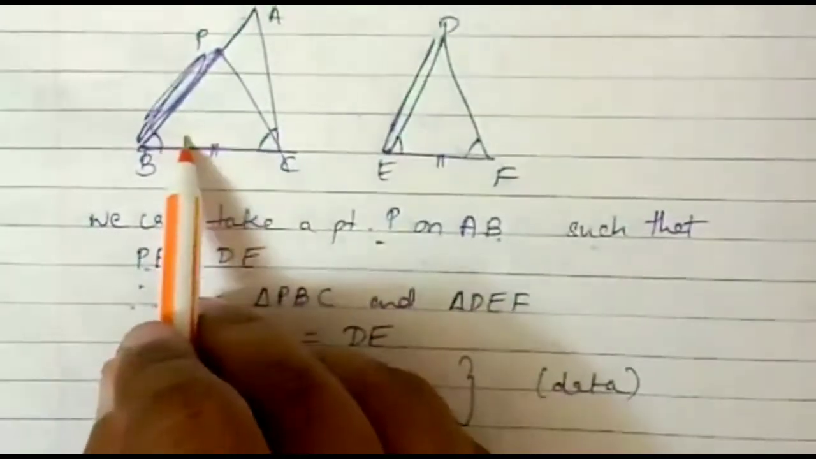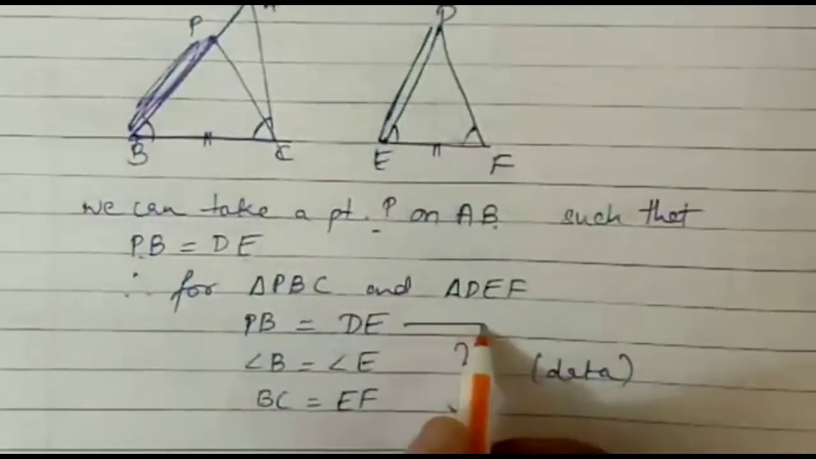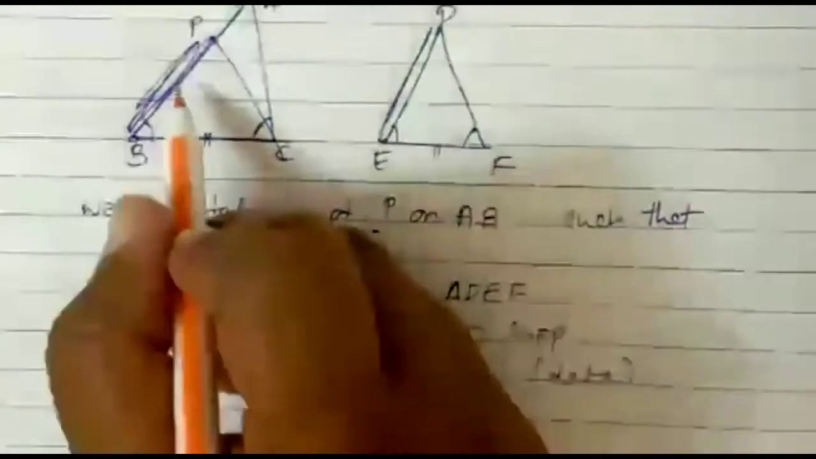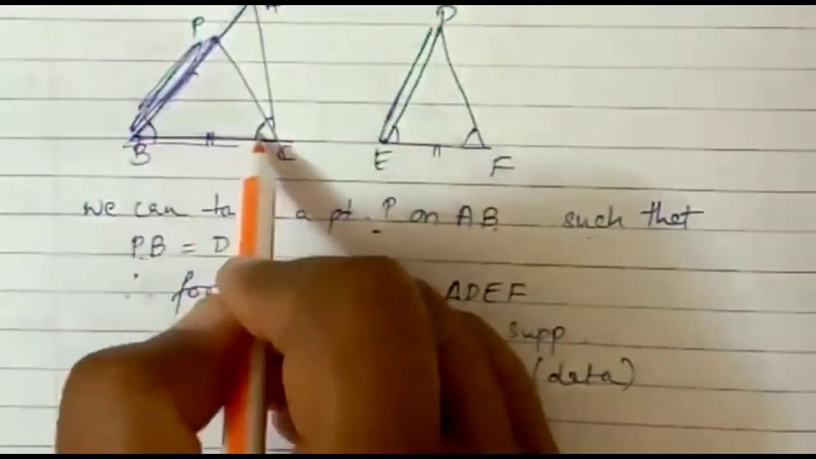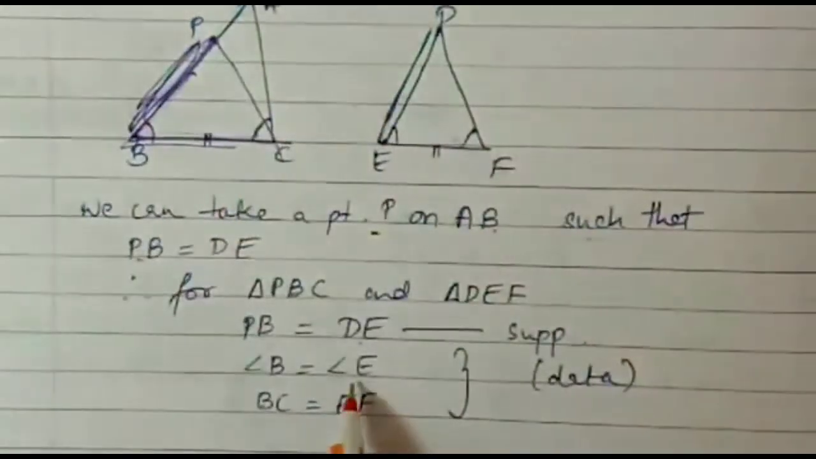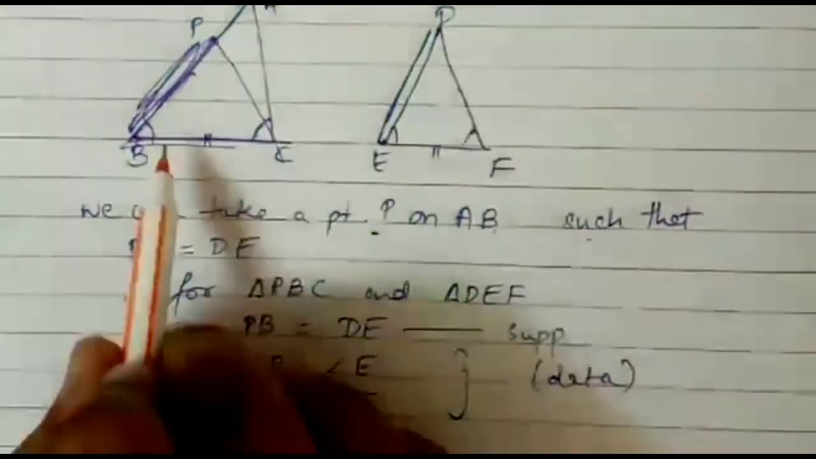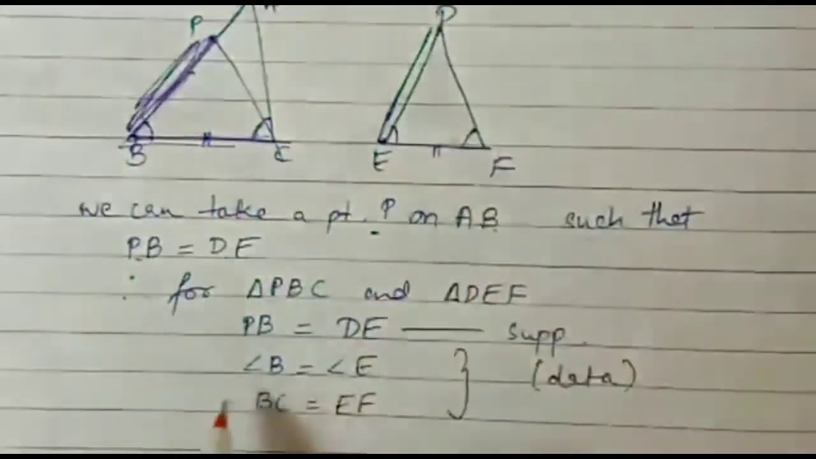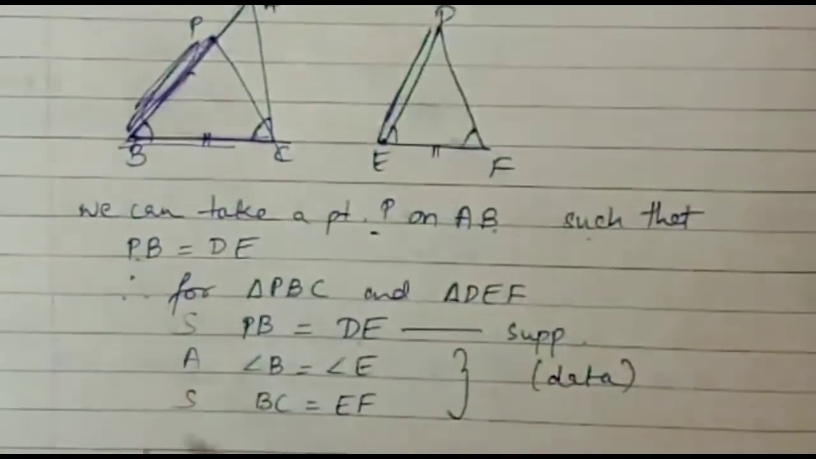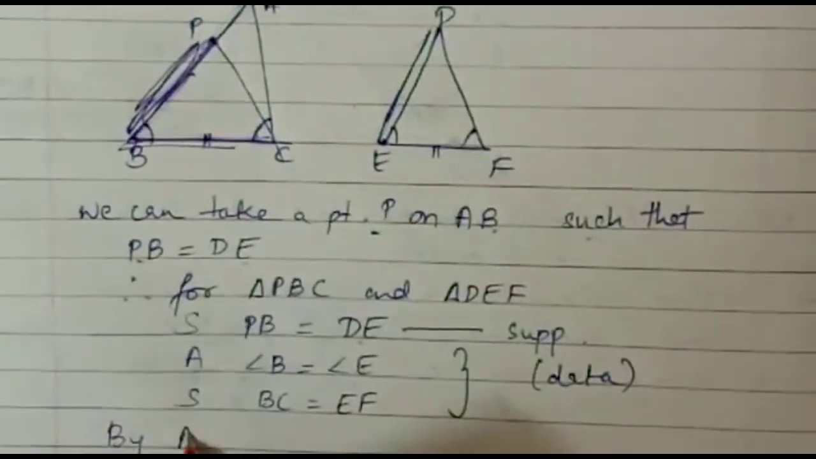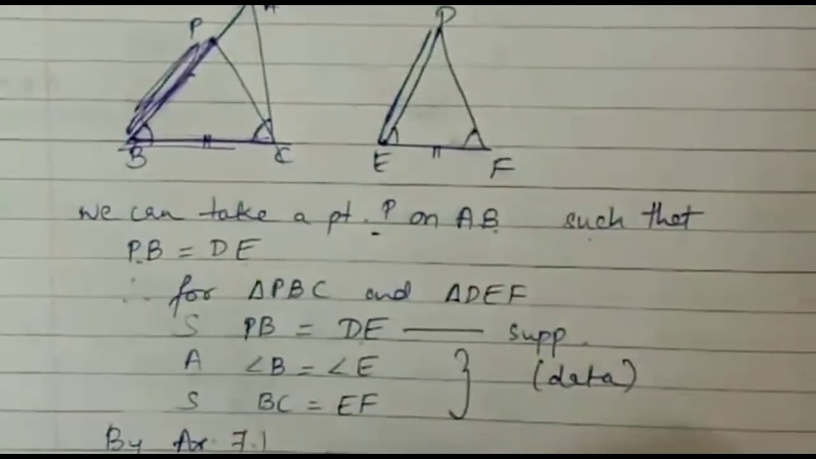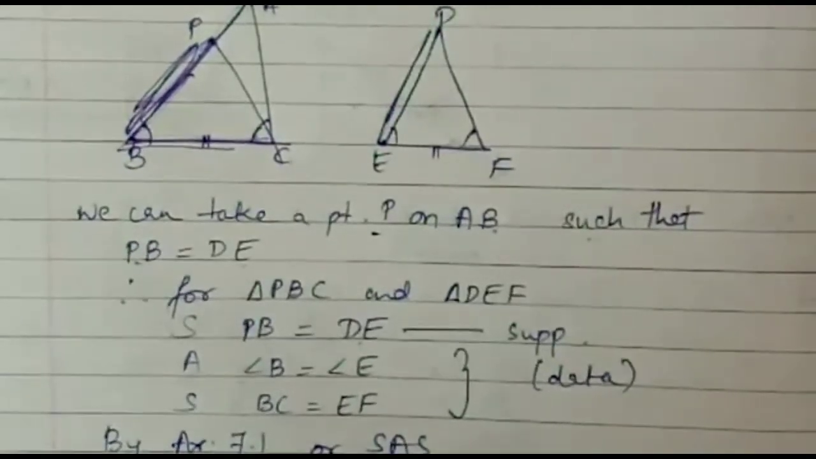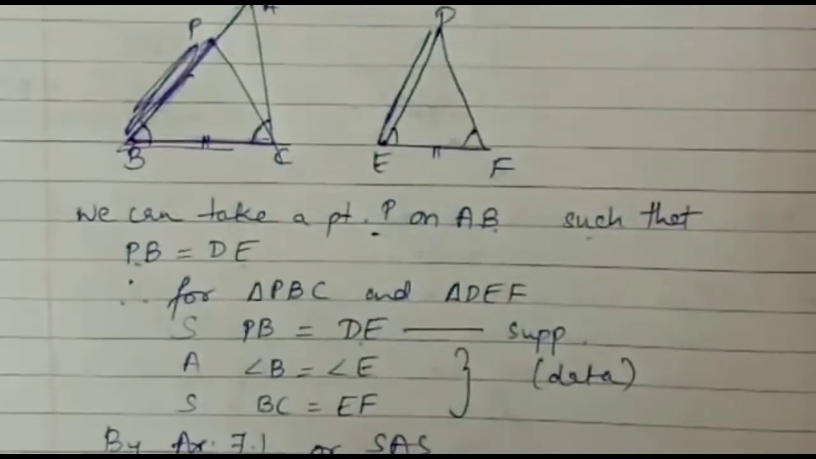Now for triangle PBC and DEF, first of all, PB and DE are equal, as we have supposed. Number 2, angle B, whether I call it angle ABC or PBC, the meaning is same, is equal to angle E. So angle B and E are equal. Then you have BC equal to EF. So again you have side, angle, side. So again by axiom number 7.1, or you can say by SAS rule, triangle PBC is congruent to triangle DEF,